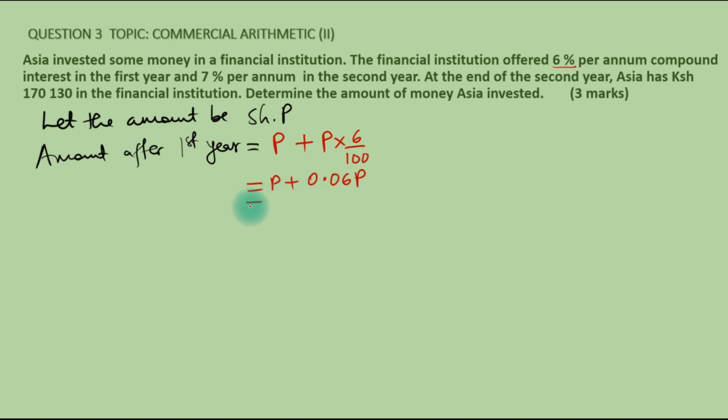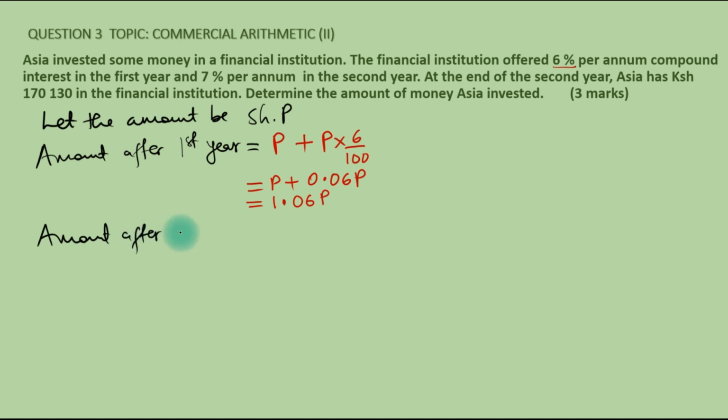We add together, that will be 1.06 P. So that will be the amount after the first year. Then we have also compound interest in the second year at 7% per annum. So the amount after the second year. Because you are at the end of the second year, this is the amount you had in the financial institution. So we need also to get the amount